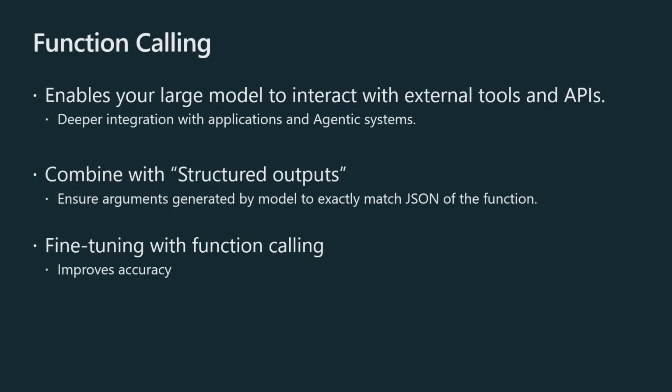We'll talk about that. Function calling is basically where it enables the models to interact with external tools and APIs. That enables you to have much deeper integration for your application. Especially if you are doing some agentic workflows, it really helps because your model now knows how to interact with external tools and APIs. And if you combine that with a feature called structured outputs, then you can have exact control over the parameters that the model generates that the APIs and the tools might need. So combining fine-tuning with function calling can get you pretty darn good accuracy and behavior in how you use your models for agentic systems and calling external applications.